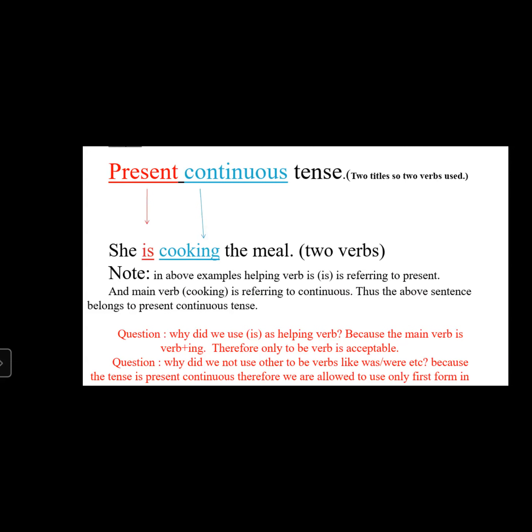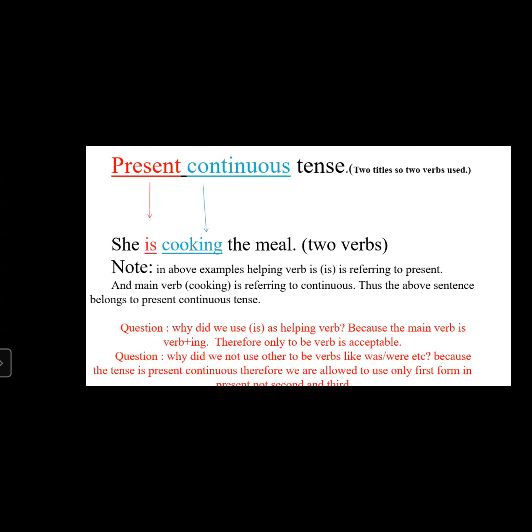So present is always introduced by first form and continuous is always introduced by ing form. So here, she is cooking: cooking introduces continuous,